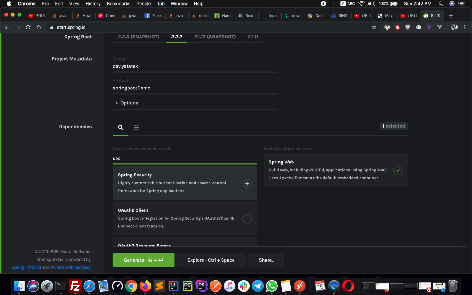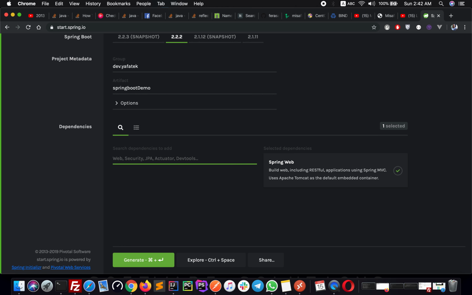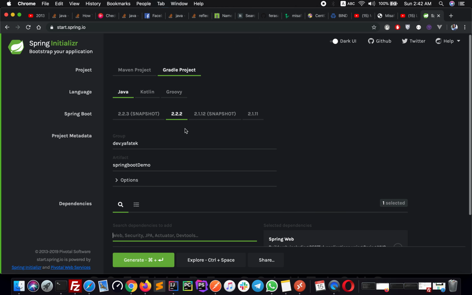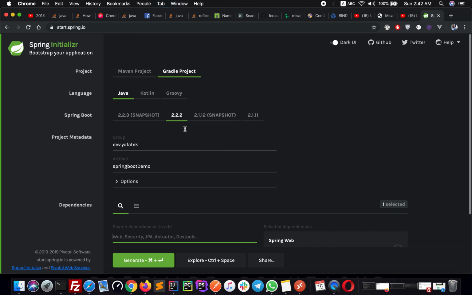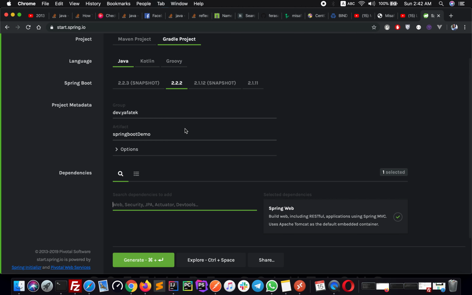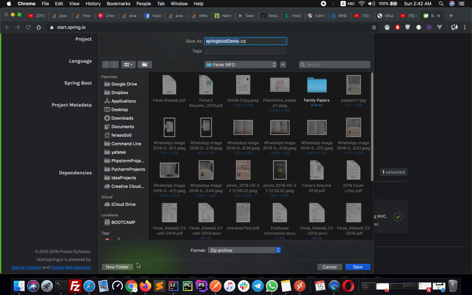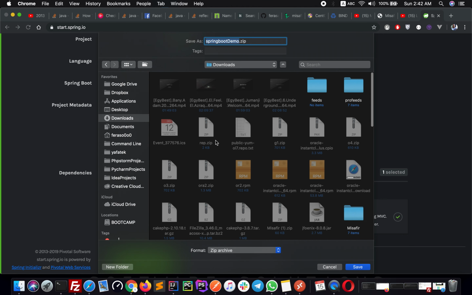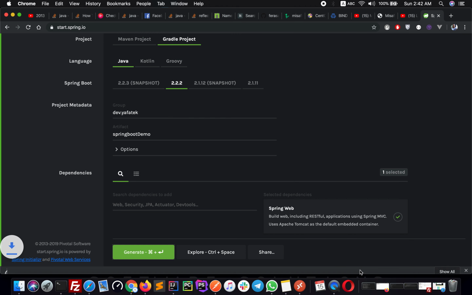Spring Security is something used for security. So the most basic application will be using the following configuration. We can just hit the generate button,